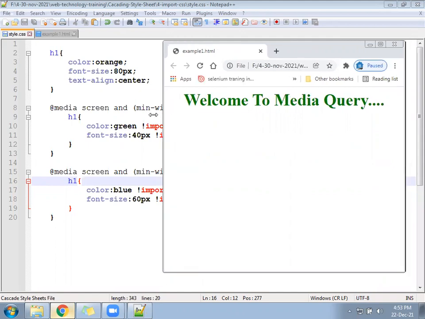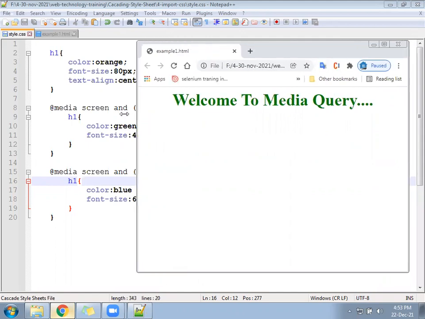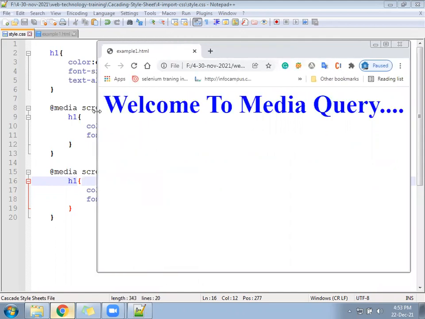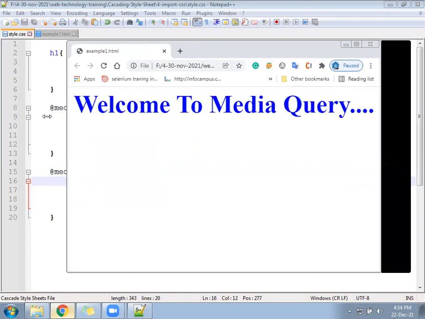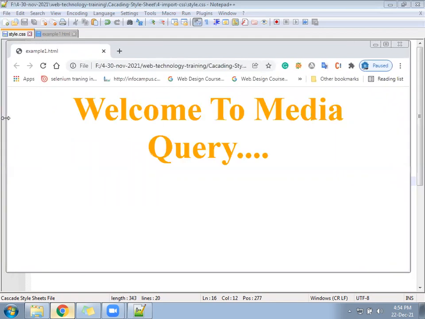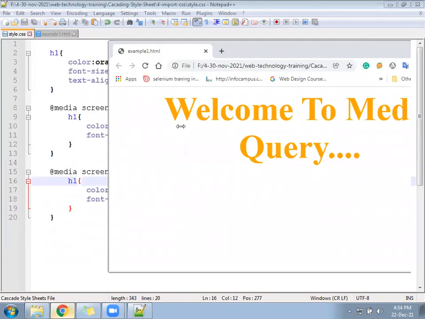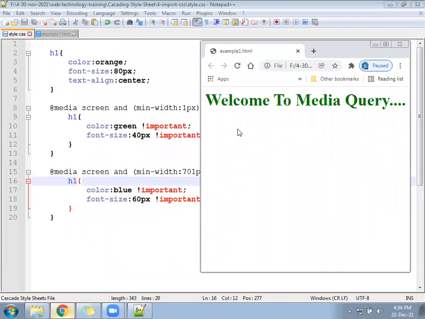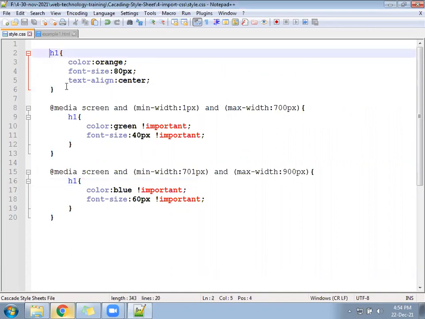More than this, see, below 60 pixel, more than 900, orange. So this is happening through CSS only. According to the device, the content is changing, like the property we are changing. See here, you are changing only the property. By default, we have given this property, and again